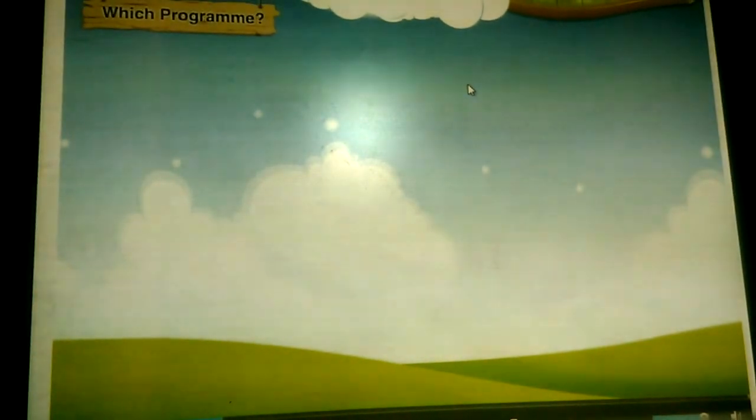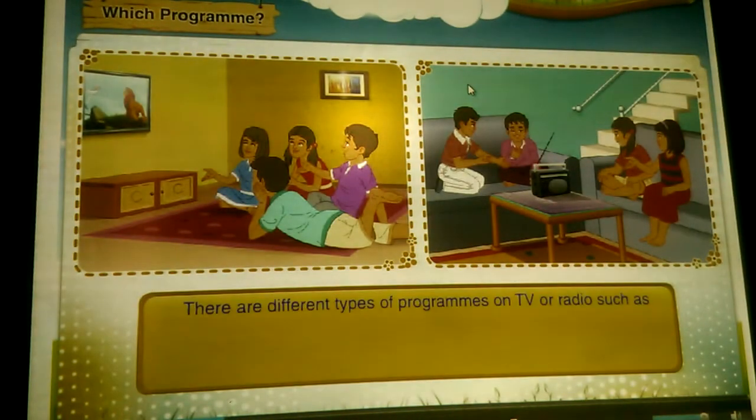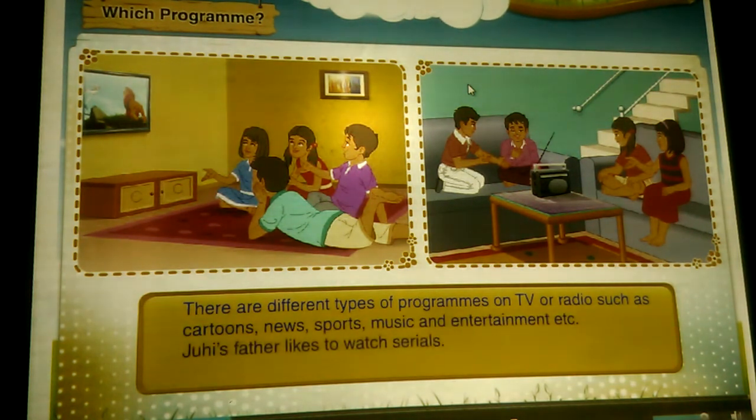Which program? There are different types of programs on TV or radio, such as cartoons, news, sports, music and entertainment, etc. Julie's father likes to watch serials. Her mother likes sports, while Julie likes news programs. Example: